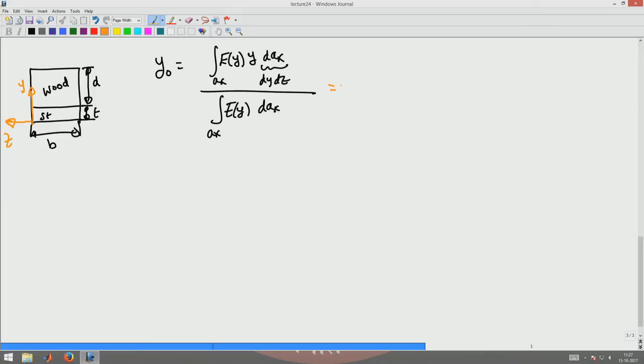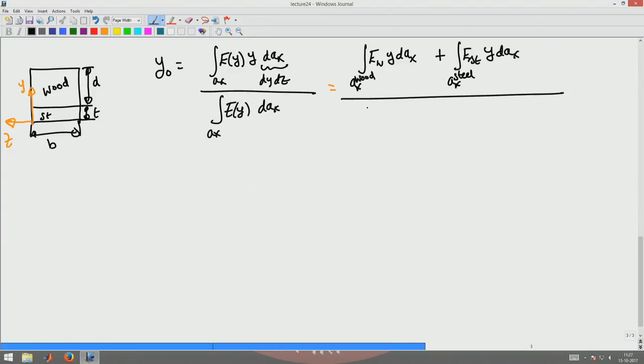I can rewrite this as the integral of E wood y dAx over Ax of wood plus the integral of E steel y dAx over Ax of steel, divided by the integral of E wood dAx over Ax of wood plus the integral over Ax of steel